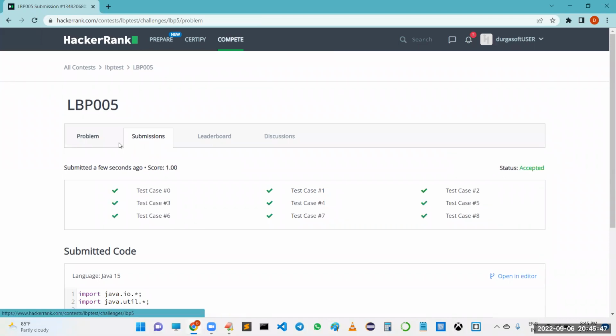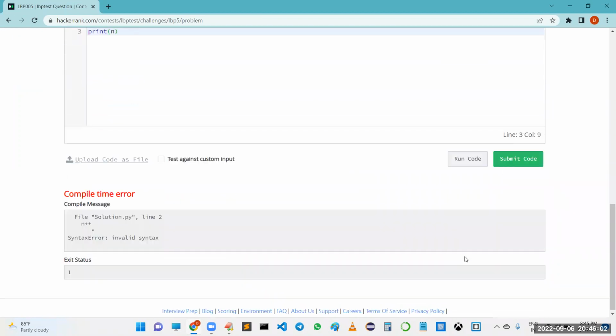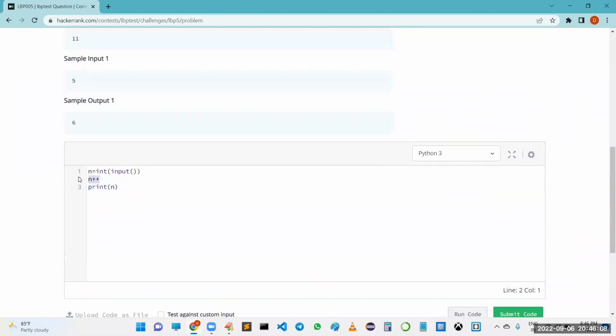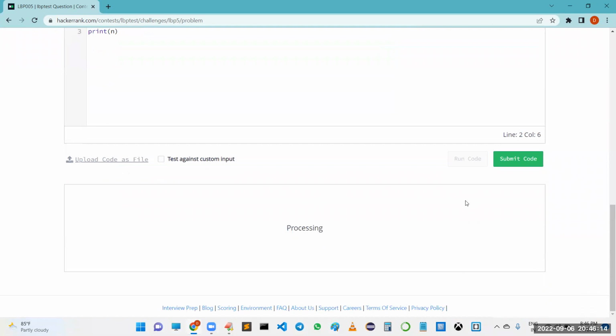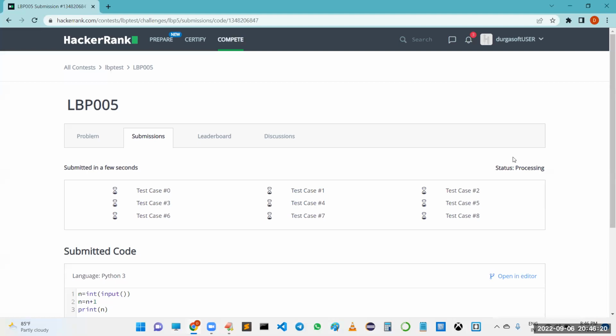Can't we implement the program in Python? Yes, we can. But we don't have any increment and decrement operators in Python. By mistake, if you try to use them, the code never runs. We will get an error message: syntax error, invalid syntax. What we have to do in this place is try n is equal to n plus 1. Now the code will execute, and you can submit it. This program was created intentionally, to tell programmers that we don't have increment and decrement operators in Python.